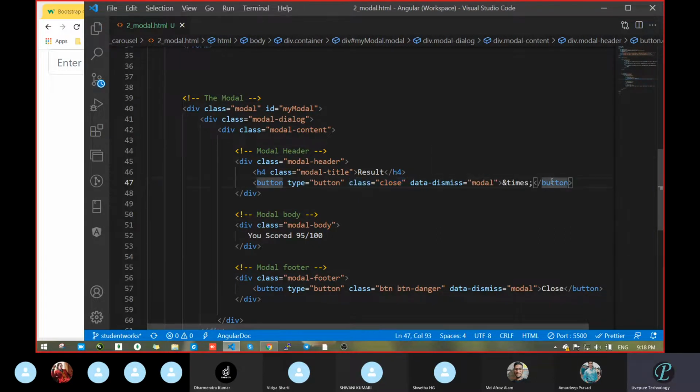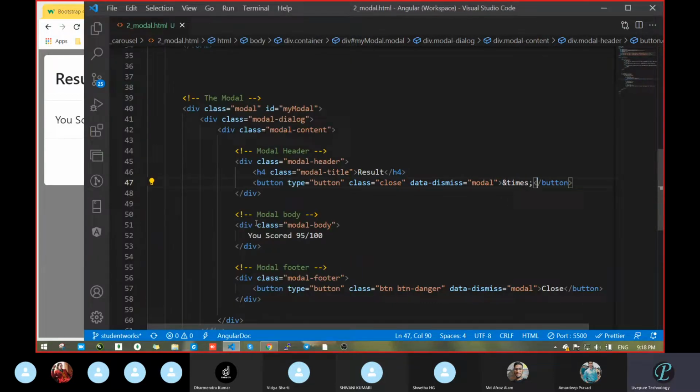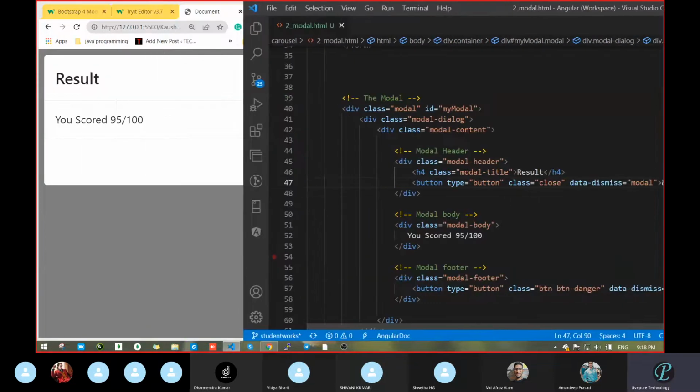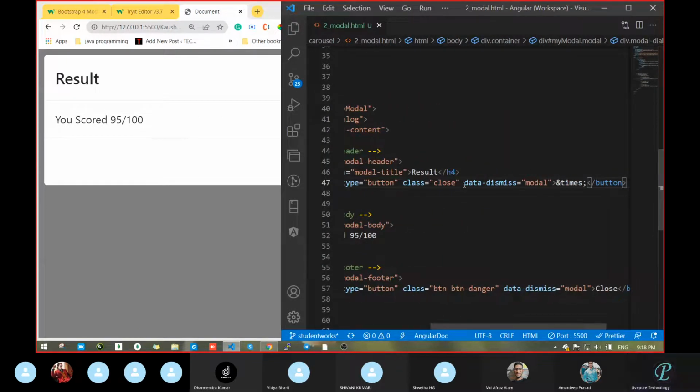Now you have to tell me. Where is that button appearing, the bottom one or the top right side? Sir, the cross one. This cross one is due to that one, because see the icon, some HTML code is written there. Correct? So due to that, we are getting that button.